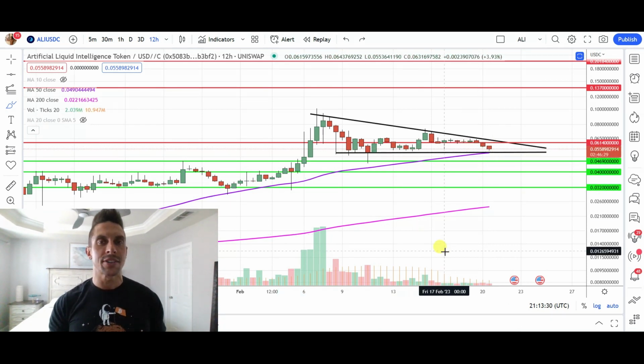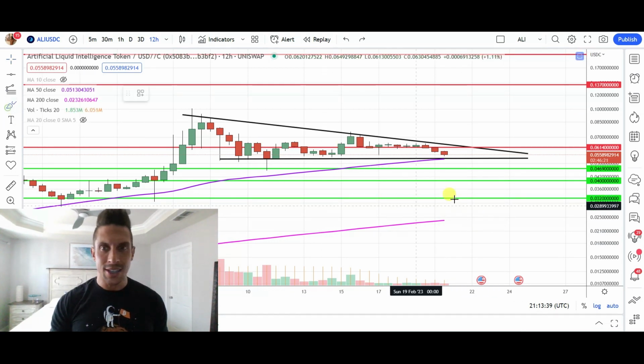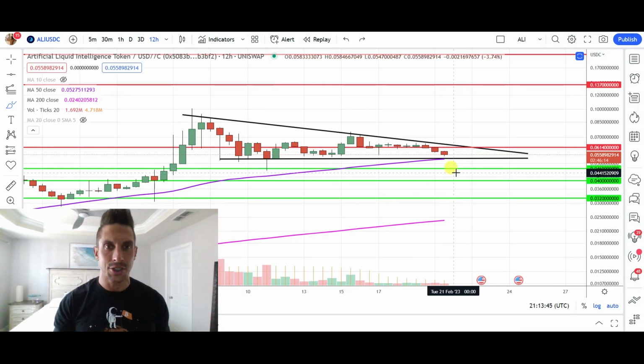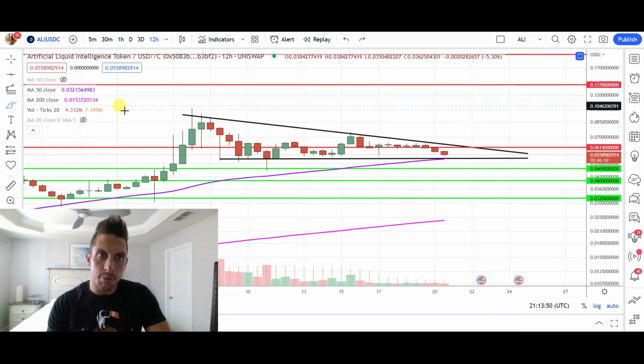But three main areas of price confluence I want you guys to keep in mind: 4.7 cents, 4 cents, and 3.2 cents. So this entire zone right in here should act as an area of support if we're getting strong price action, okay? The other thing to keep in mind here is we could be in the middle of forming somewhat of